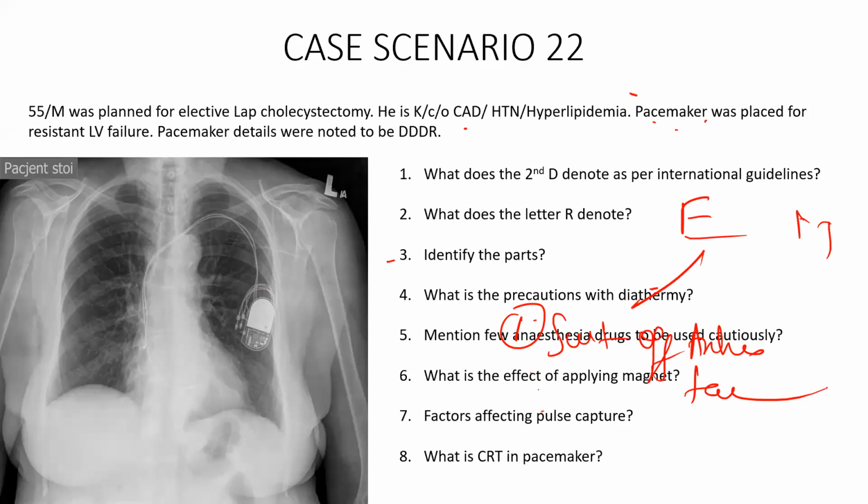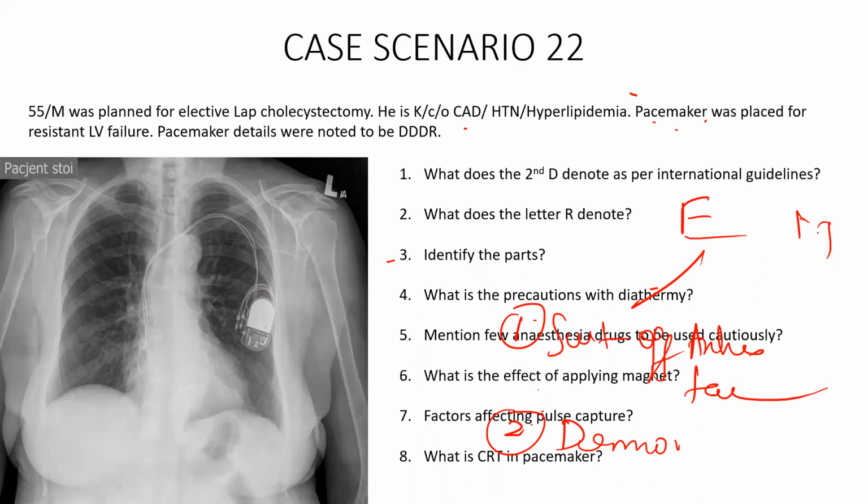That function has to be switched off in an elective surgery, because when you use an electrode or when there is any extra muscular potential, that will be falsely detected by the pulse generator and can deliver a shock. So in order to avoid that, switch off the anti-tachycardia function first. Then get the pacemaker to the demand mode, which means a fixed mode or an asynchronous mode. It will ignore all the patient's native impulses and deliver a pacemaker potential at the rate you fix in the pulse generator. These are the two things.